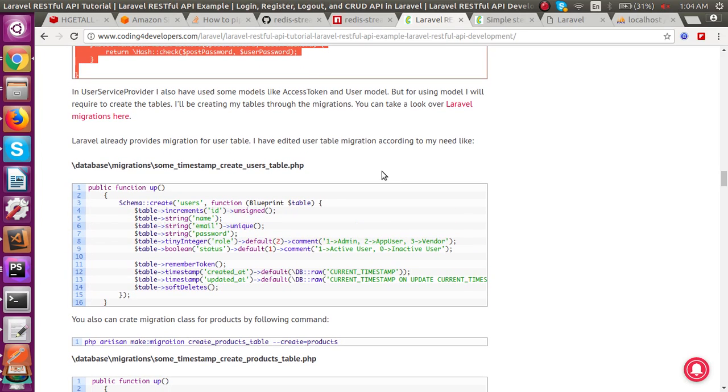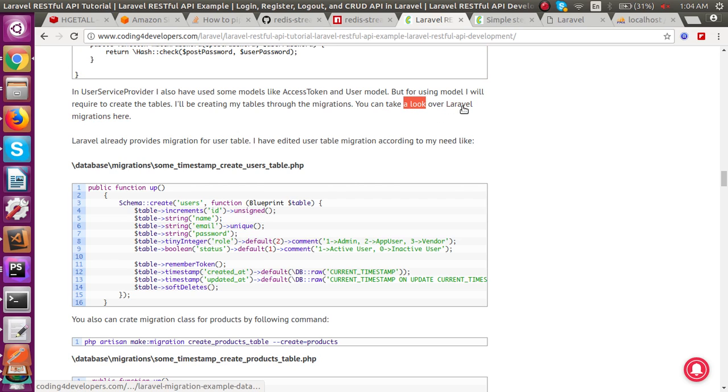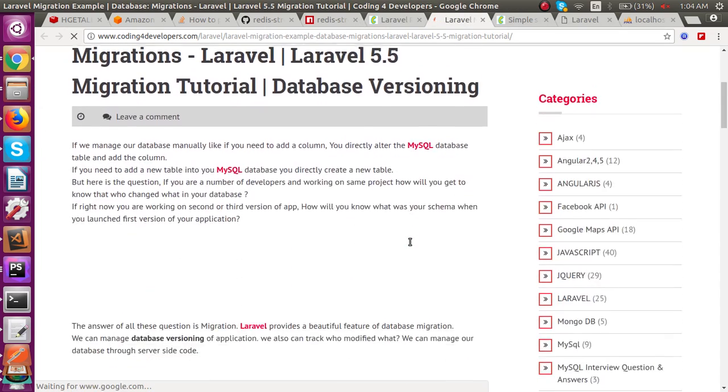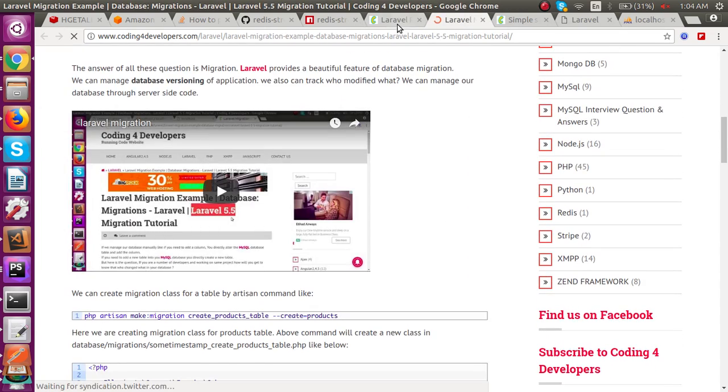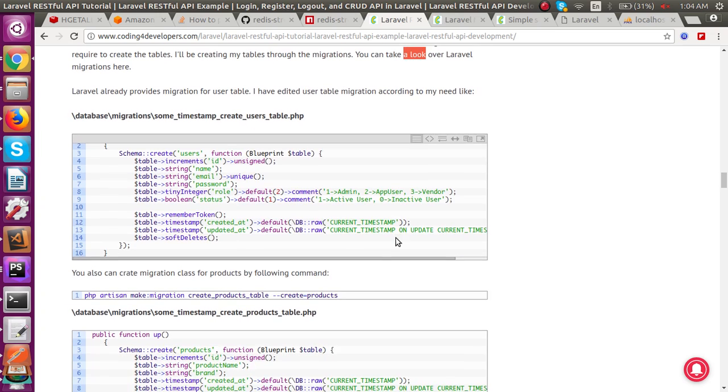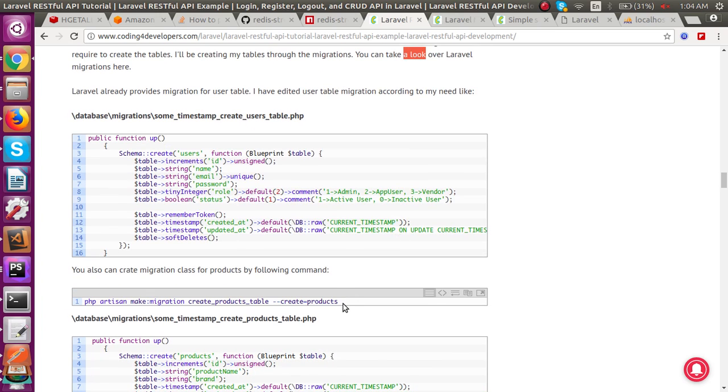All right. So in my previous tutorials, I explained migrations. Migration is the beautiful feature of Laravel. You can take a look at Laravel migrations here. Here I have explained the Laravel migrations very well with an example, with a video. You can take a look. Now I will be creating a migration for